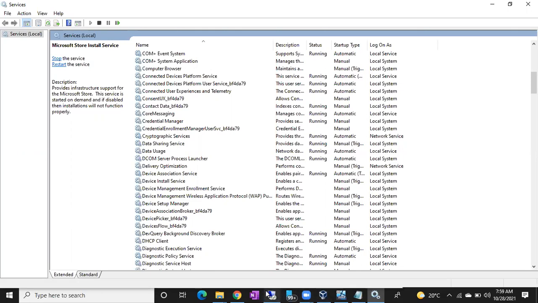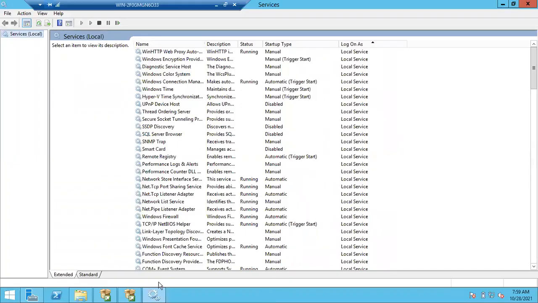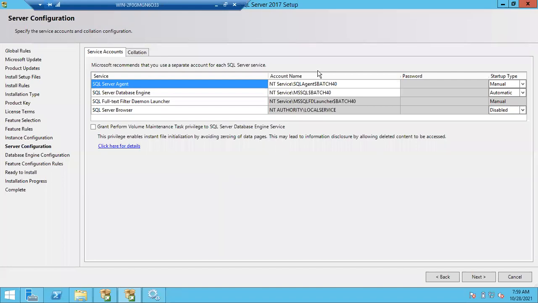Yes, sir. Okay, so let me go to this window. See here, if you don't create one, it will also create a virtual service account with the help of the instance name. You can see here, service instance name. With the help of the instance name, it will create one service account, but it's not good. So we'll create one more service account.